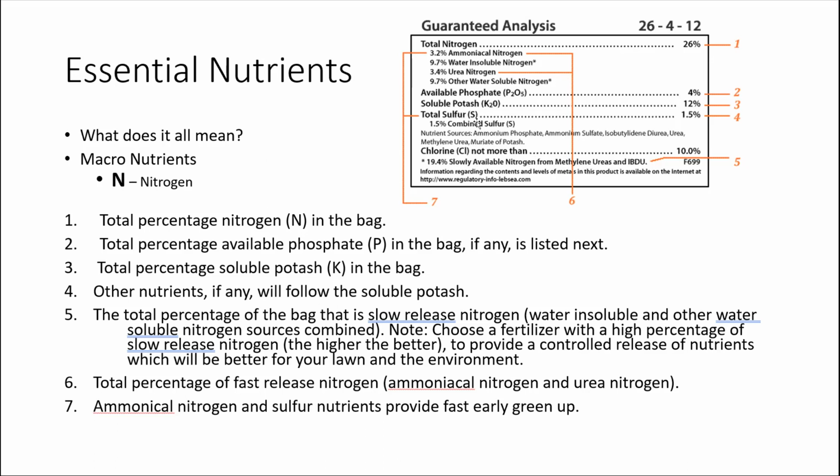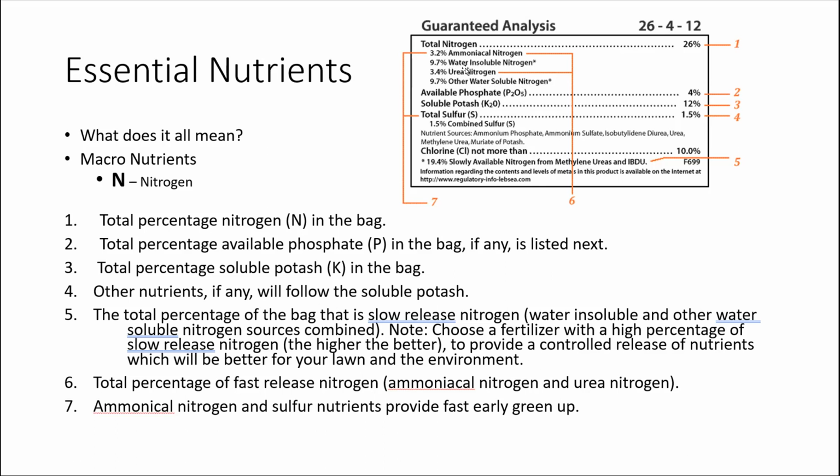So the slow release nitrogens are the water insoluble nitrogen and then other water soluble nitrogens. Okay, water insoluble nitrogen and other water soluble nitrogens. So the other nitrogen, the